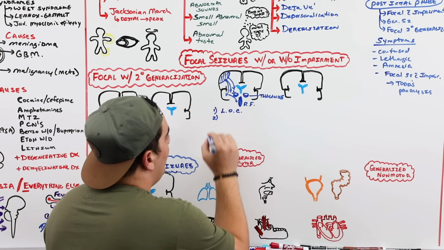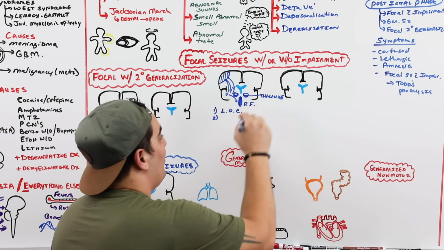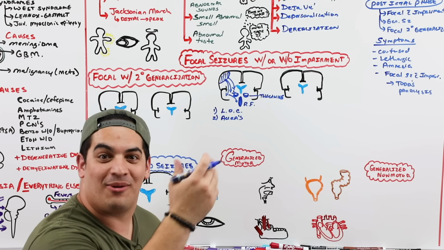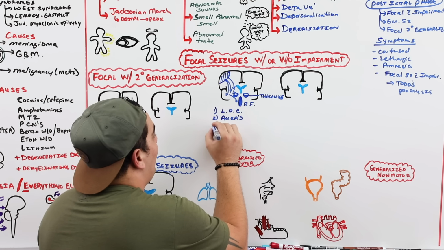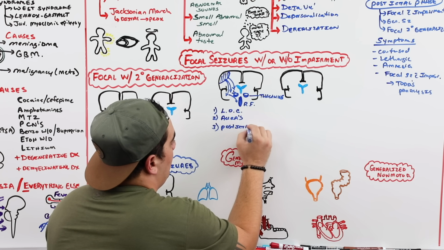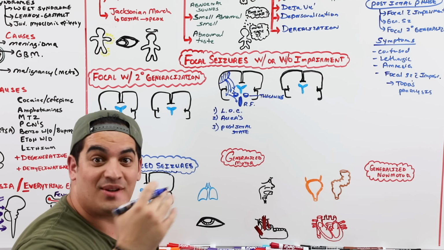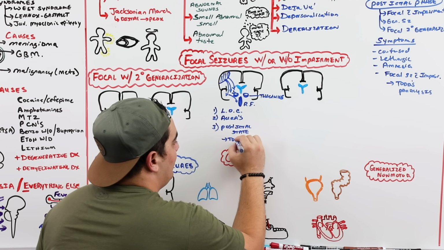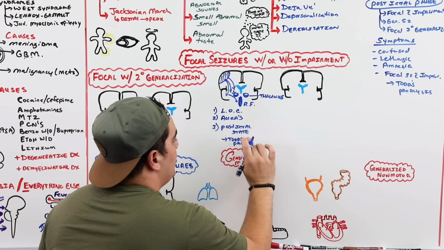The second thing is that usually focal seizures with impairment also present with auras, right? So they present with automatisms, nausea, déjà vu, some of those kinds of things. And on top of that, usually they have a post-ictal state. So a post-ictal state means that they actually either have some amnesia, they have some confusion, and guess what else they could have if there is impairment? Todd's paralysis. Okay? So important to remember that.